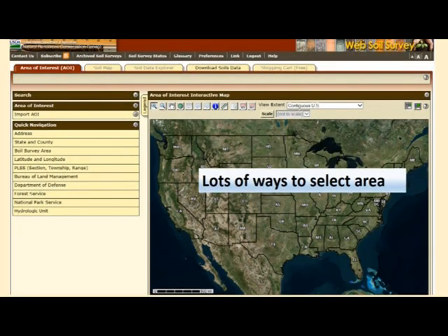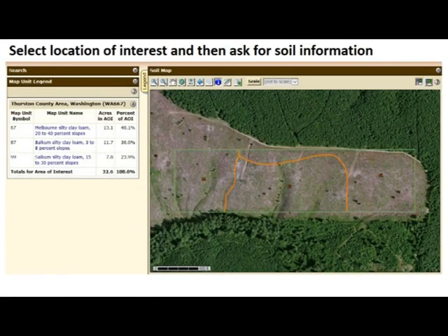So this is called the Web Soil Survey. And there's lots of different ways to select an area. So if it happens to be behind your house, you can just put in a mailing address. You can start by putting in the state and county and then zoom in. You can put in the latitude and longitude. You can put in section, township, and range. Lots of ways so you can select the area that you would be interested in. And then once you've zoomed in and gotten the area that you're interested in, then you can ask for soil information. And so by selecting this rectangle here,